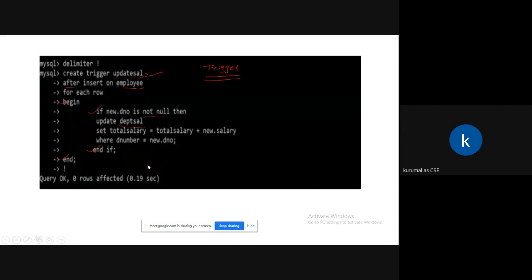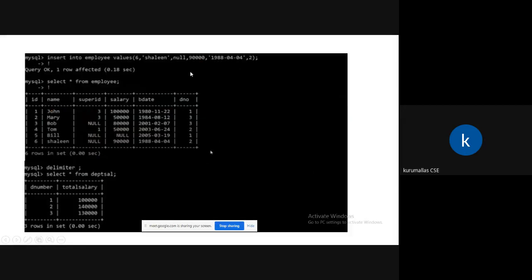After this, write one insert statement and select the values existing. If it is inserted, it affects the original table. Check this, and once affected, check the second table for any changes. If any changes are there, then the trigger is fired. When changes happen, only if the department number is not null is it fired. Otherwise it will not fire.